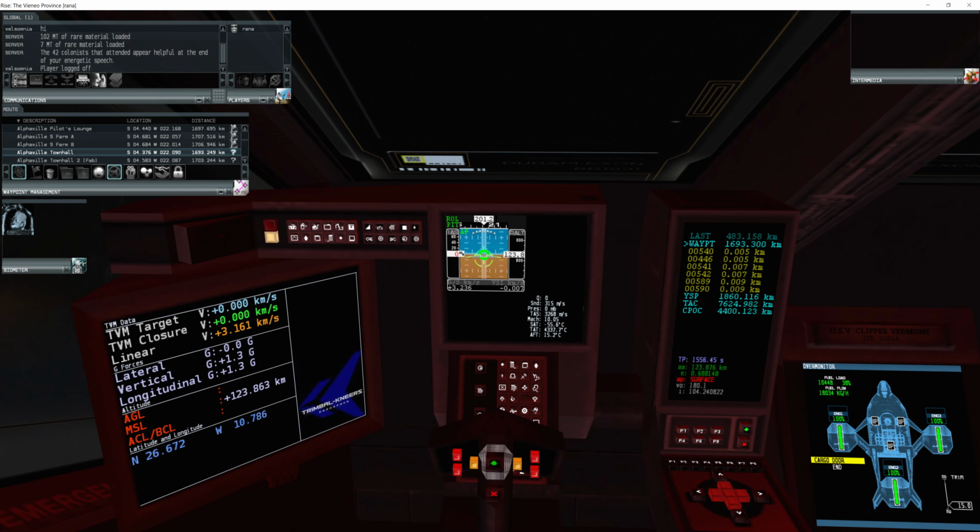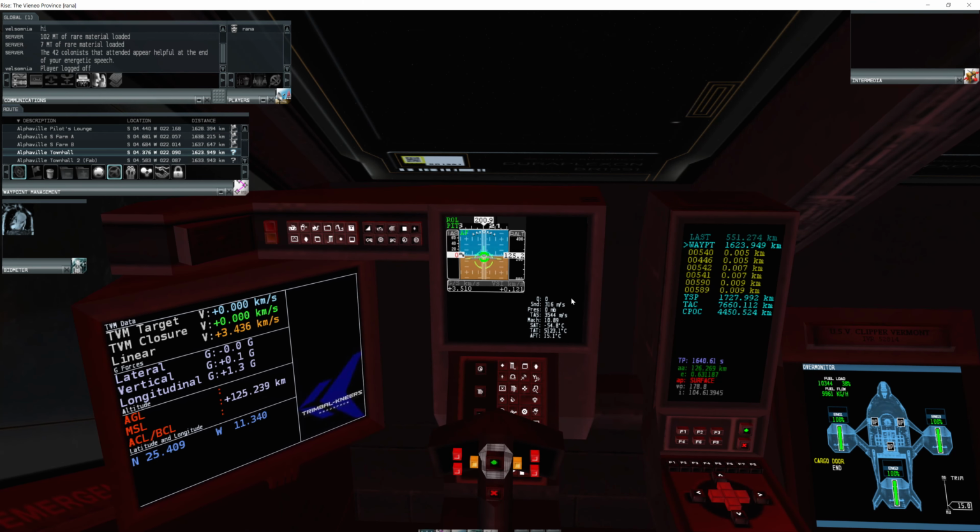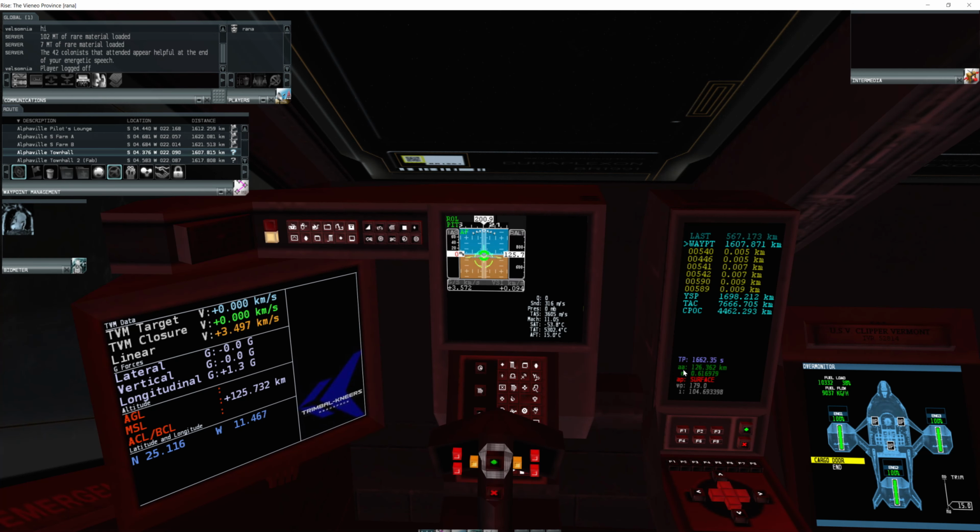Come on, let's go back up. And AA now says 124.4, 125, 126. Okay. AA, of course, is altitude at apoapsis. And I will not call it apoapsis again. I will call it apogee because